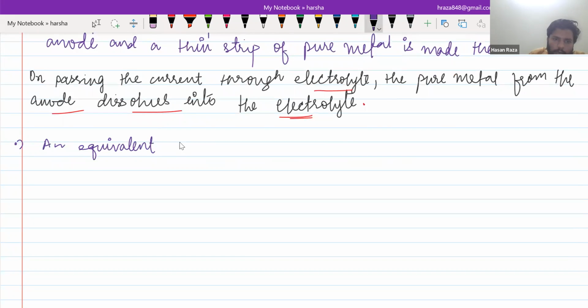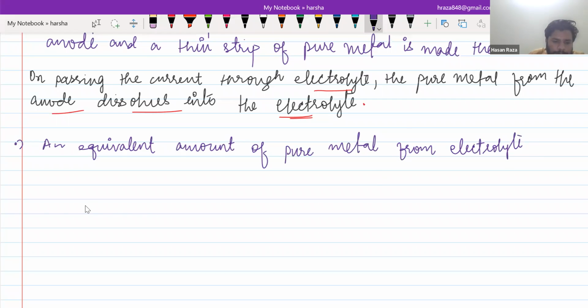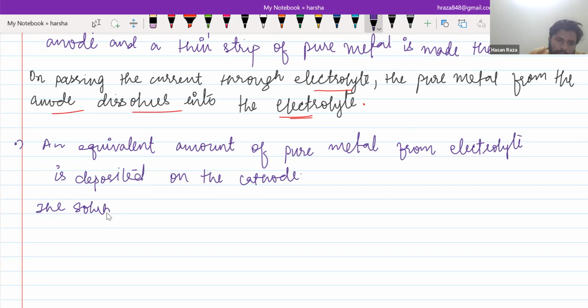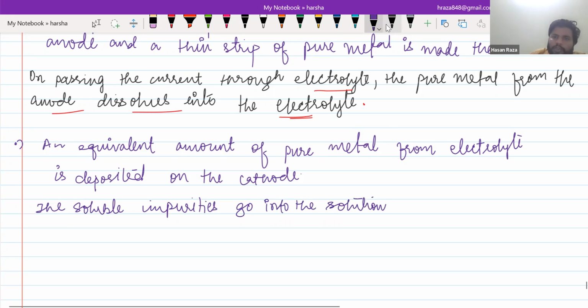An equivalent amount of pure metal from the electrolyte is deposited on the cathode, and the impurities which are soluble in that electrolyte go into the solution,